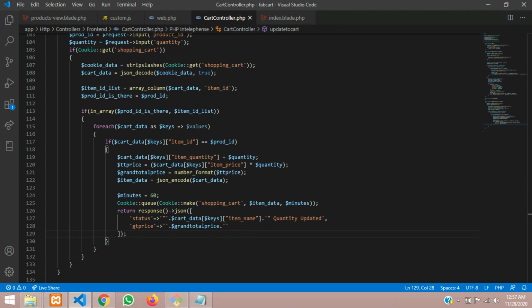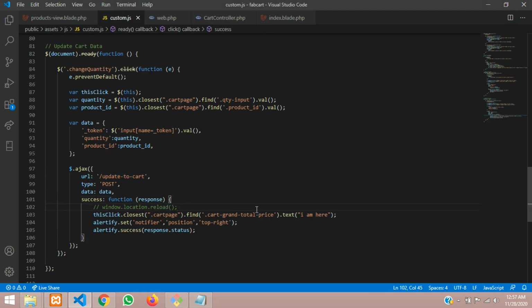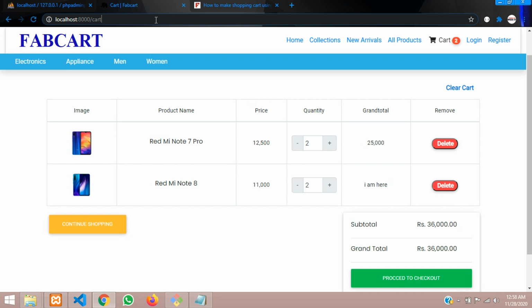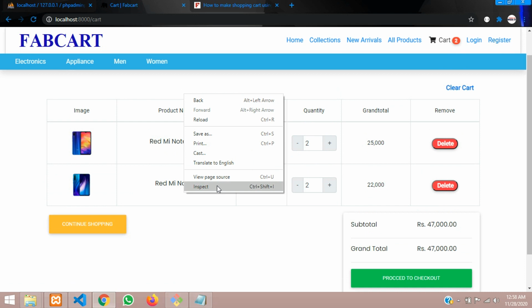That's it. Let's save it, and when you're getting this output, let's take this and go to our success one. So this is our success page. Before checking that, let's console log and check whether the data is coming or not. So let us give console log, oops, total price, grand total price. Before that, you have to add this response dot grand total price. Okay, so in the response, we are getting the grand total. Cool. So guys, now let me just reload the page and open your developer tool. So right click, inspect.